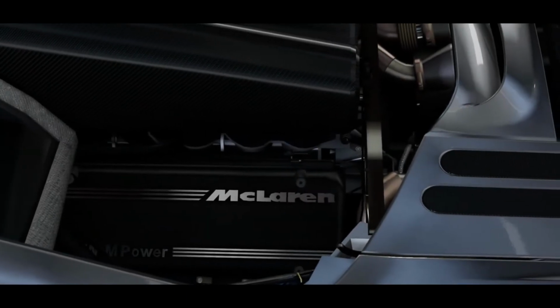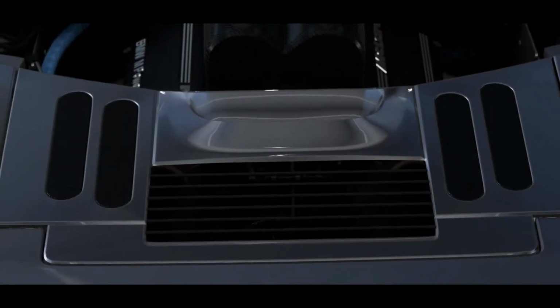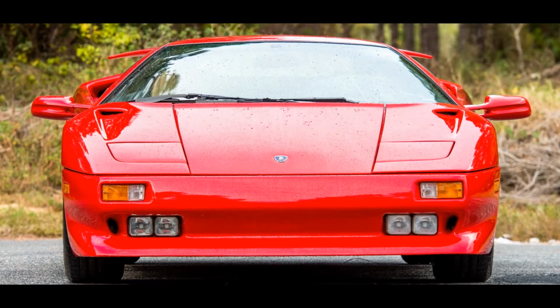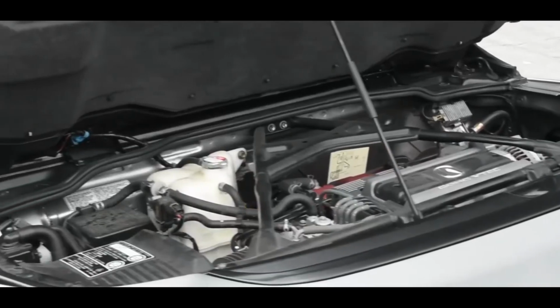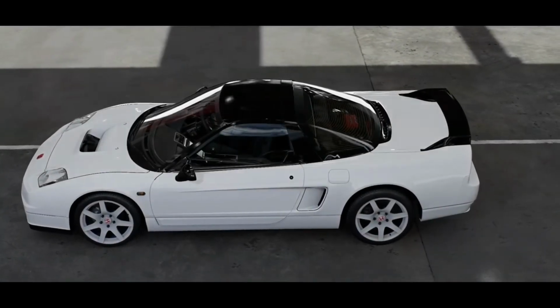Gordon Murray and McLaren had a relationship with Honda, right? And he knew Honda, BMW, or Ferrari could construct an engine reliably. When developing the F1, they were benchmarking cars like the Ferrari Testarossa and the Lamborghini Diablo. Chief designer Murray drove the Honda NSX, and that car made a huge impression on the McLaren group by having great quality, handling, and balance, which was their target, without being overpowered and really fun